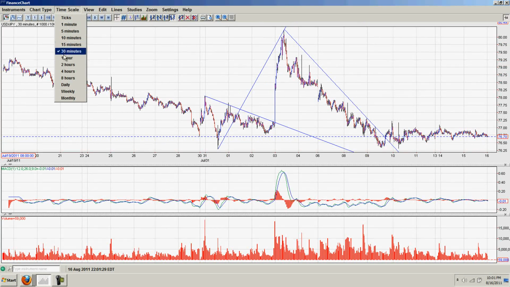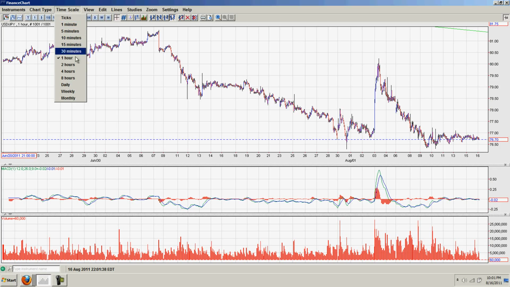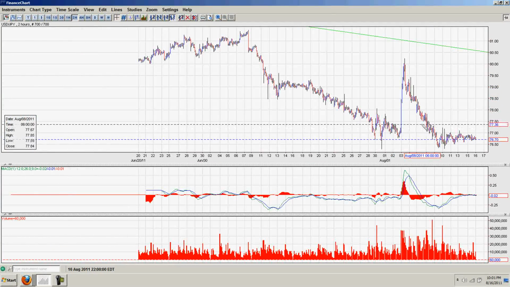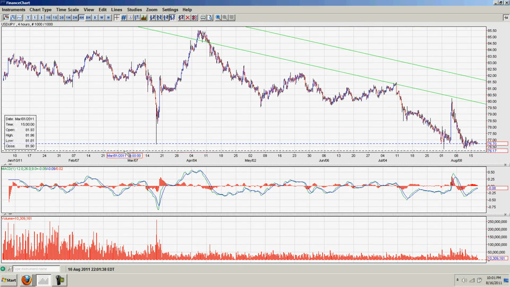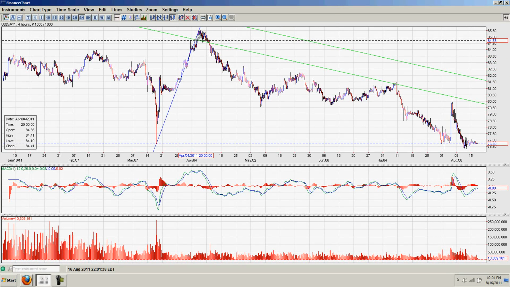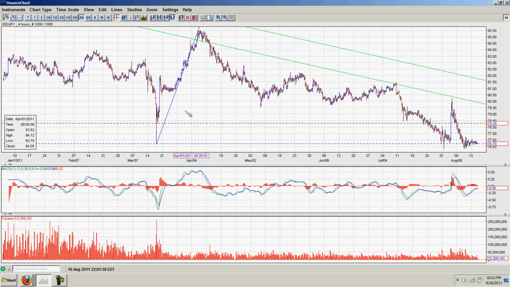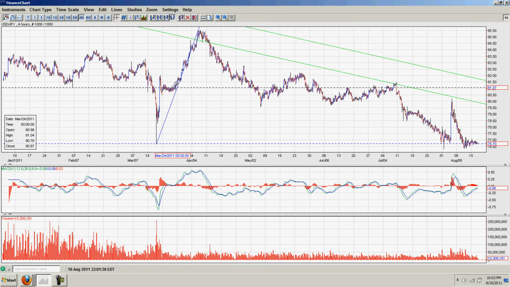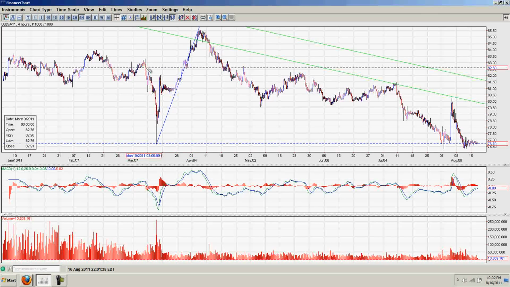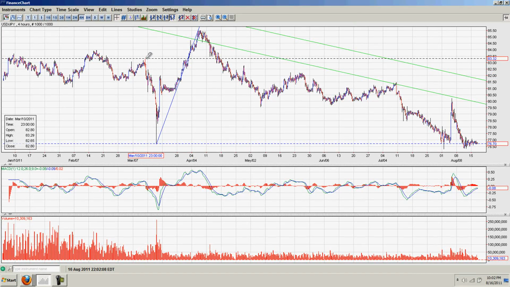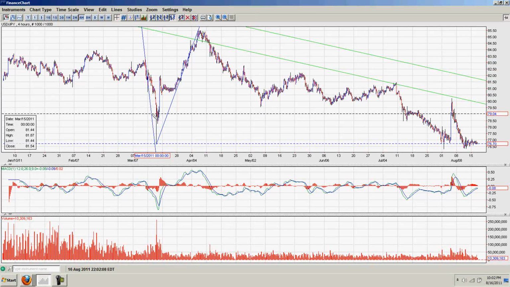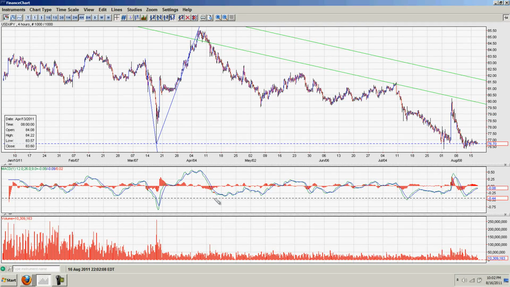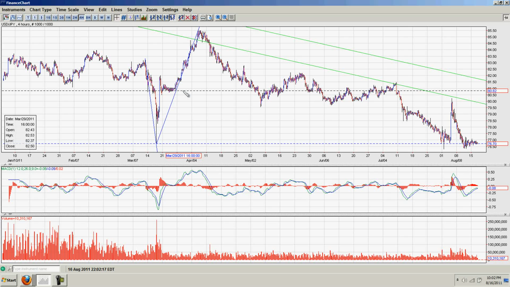So if we pull out a little bit farther to where we can get the Fukushima low, that was another instance of central bank intervention, and we're going to have to go to the 4-hour to pull that out now. And this right here is the Fukushima central bank intervention. If you remember, I commented when that news story hit that this sell-off was quite reasonably explainable as being the Japanese investors selling off their assets.